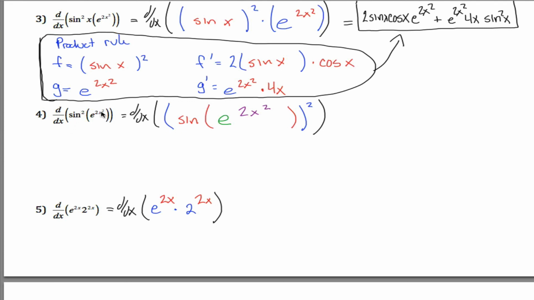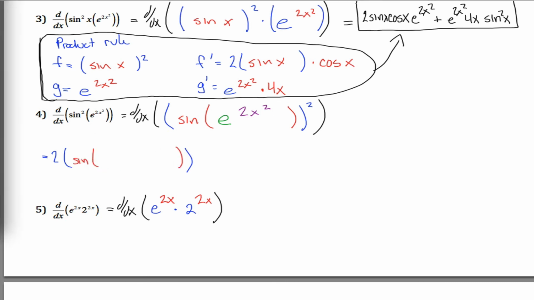This is not sine squared times this stuff, it's sine squared of this stuff. There's no x right here, so it's sine squared of a bunch of stuff, which is why I have these 4 different layers. So outermost layer, something raised up to the second power. If it were just x squared, the derivative would be 2 times x. It's not just x squared, it's the sine